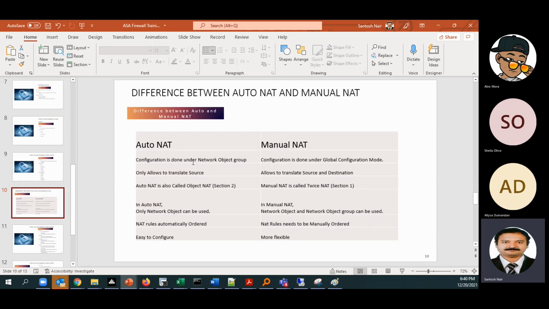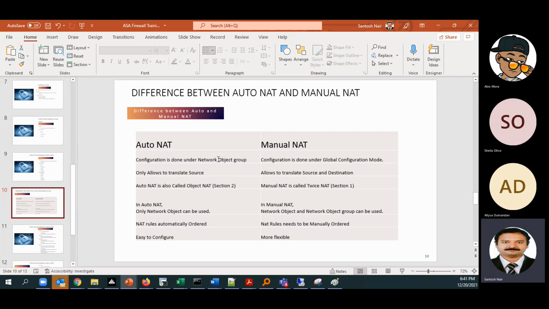The first difference is that auto NAT is configured under network objects. So we just configure a network object. First we configure an object network, and we can just give it the name inside network.